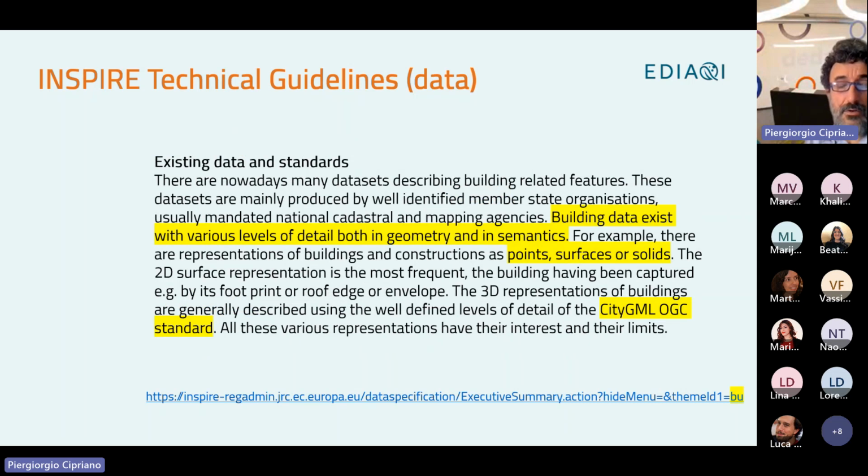And these data models, again looking at the specific example of the data model dealing with buildings, are based on existing standards. So again, also in Inspire, the working groups that drafted and then published all these technical guidelines didn't reinvent the wheel. They didn't start from scratch, but leveraged existing standards like the ones mentioned at the bottom of this slide. For instance, for the data theme buildings, a standard defined by the Open Geospatial Consortium was already existing. It is called CityGML. So the buildings data model of Inspire is based on this standard. Okay,